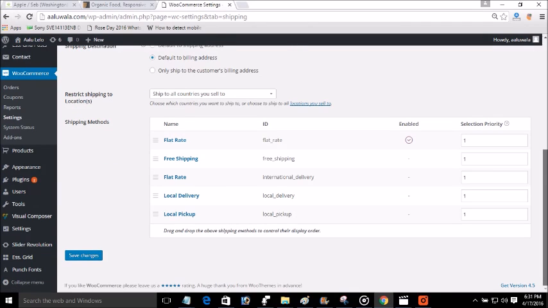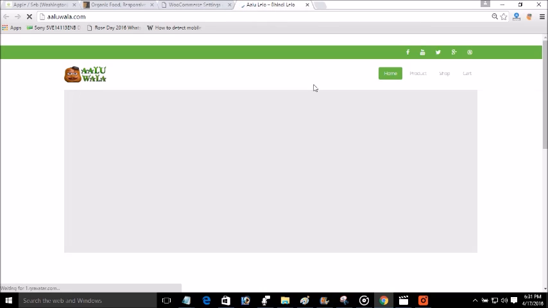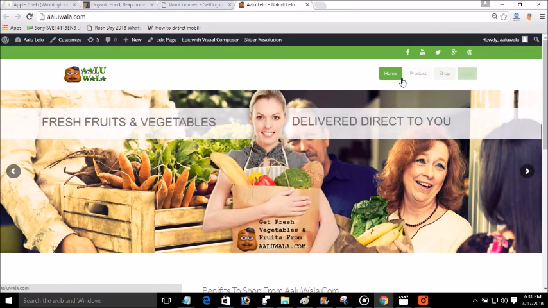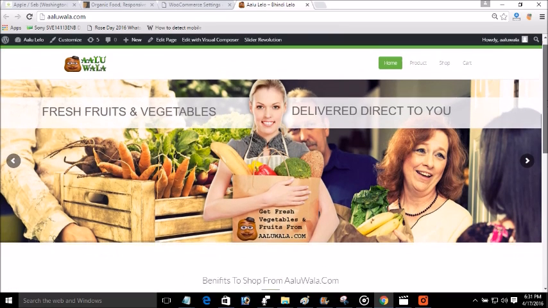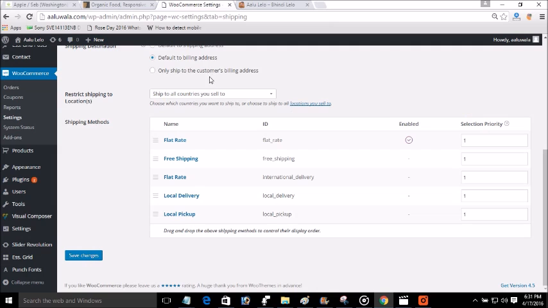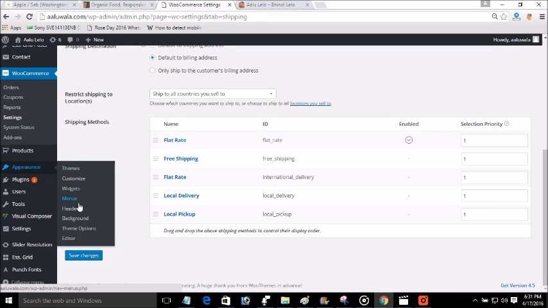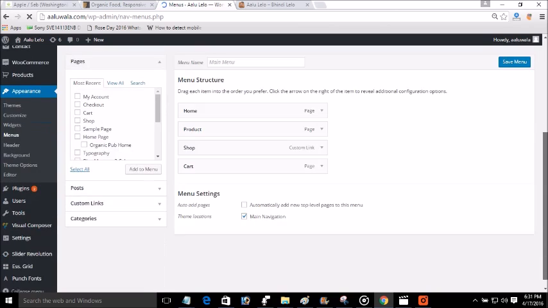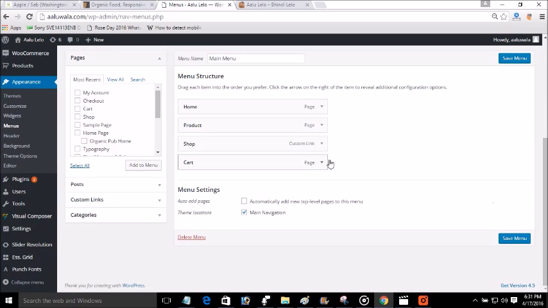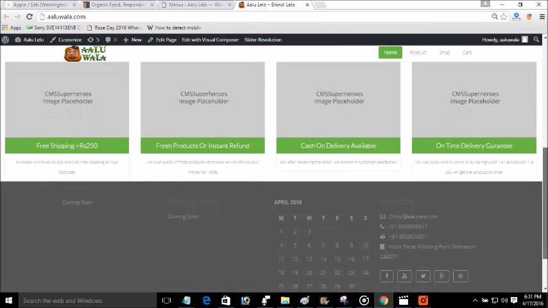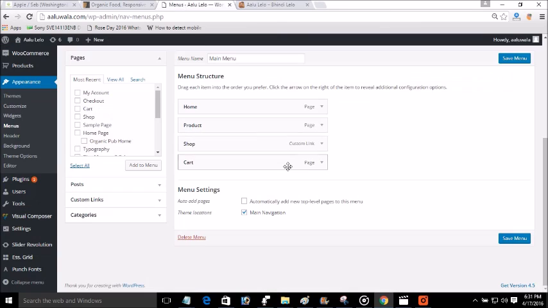After saving these settings, we will come to the menu bar, which will look like this. This is the menu bar which you can customize accordingly as per your need. So the Appearance and the menu bar. This which I have created for me, and this site is under maintenance. I am working on this, so I will change it accordingly.